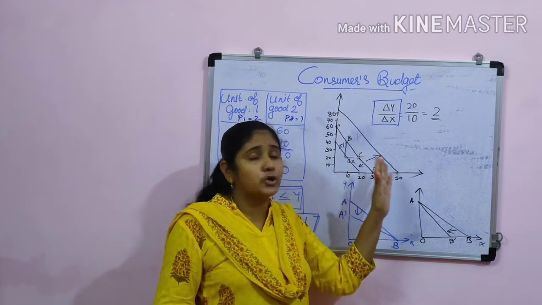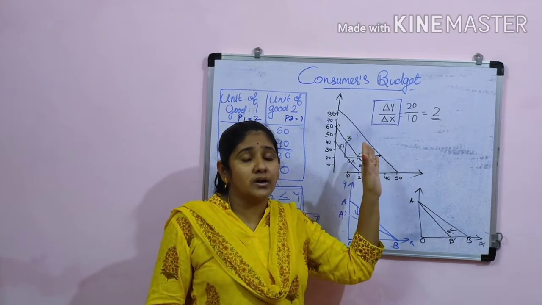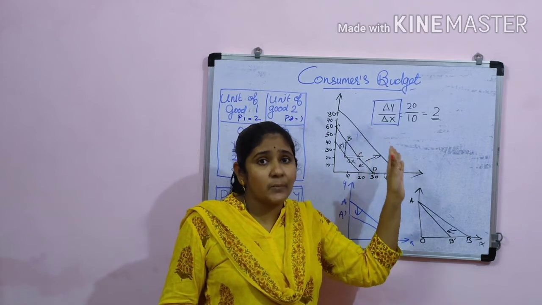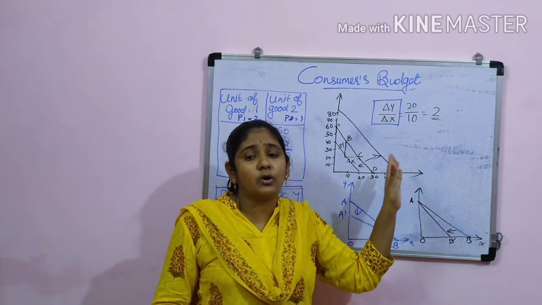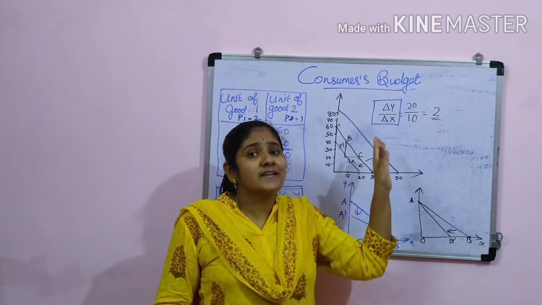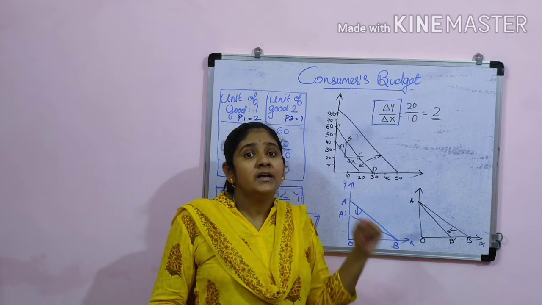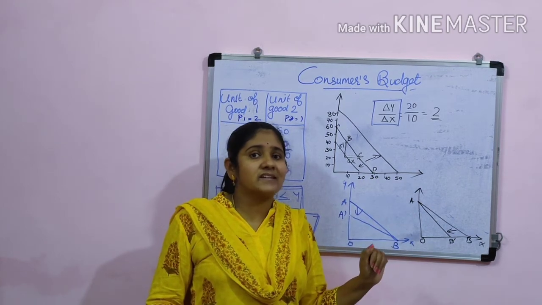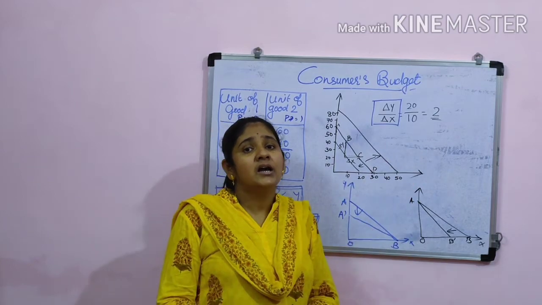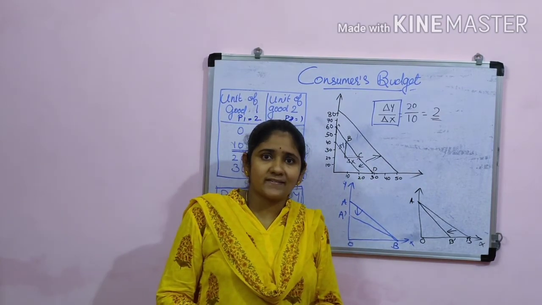I also told you the reason it is presented in the form of a line: throughout this process we assume that the slope of this price line remains constant. After that we discussed this shift, and next is rotation of the price line. I hope